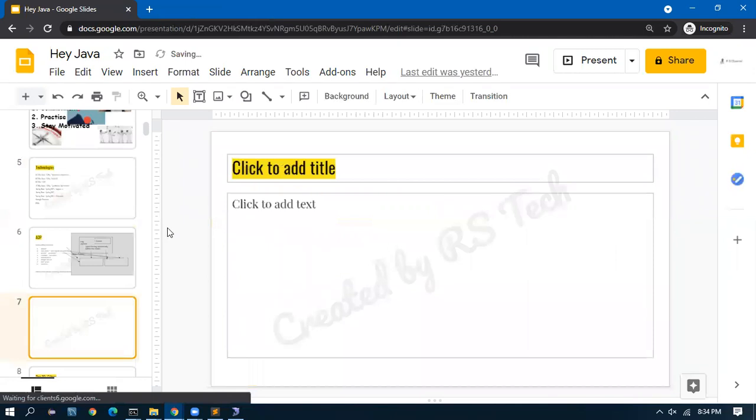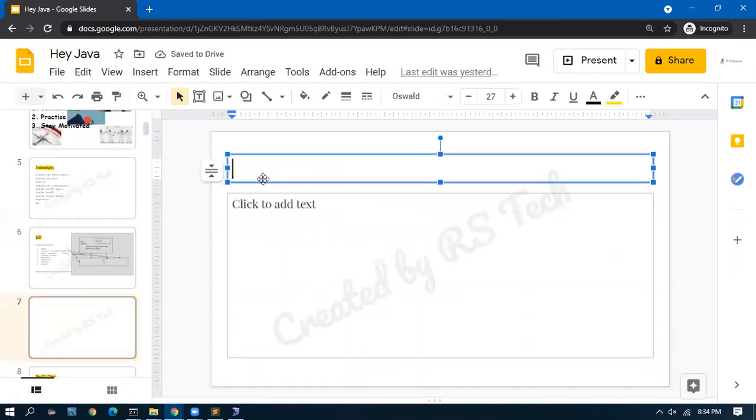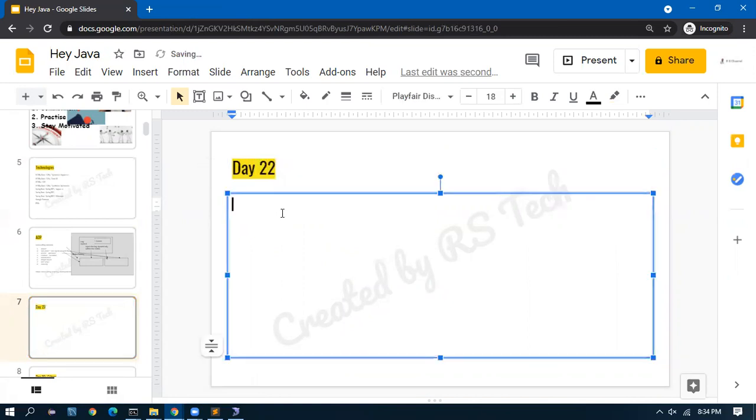I'll insert a slide. It is day 22. So primary key, DB creation. We saw how to create a table. We saw how to create an index, primary key, how to create a foreign key, then the schema diagram.